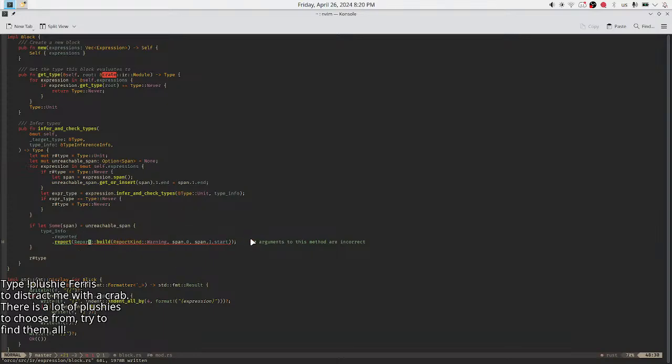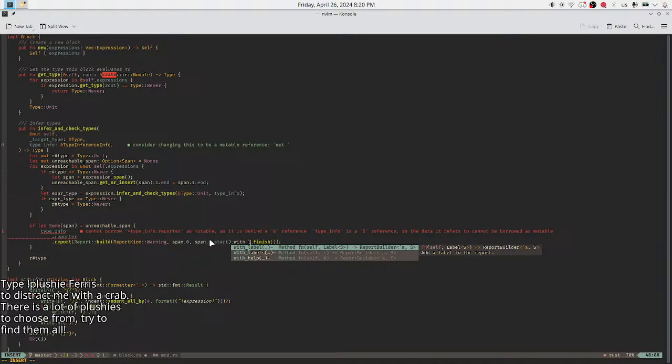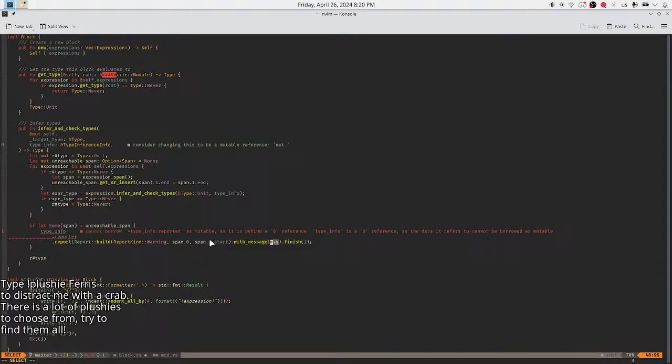Arguments to this method are incorrect, and I know why, because I've missed... wait, why caps? No. Oh, didn't Vim just freeze? Finish. And here I'm gonna do with message.